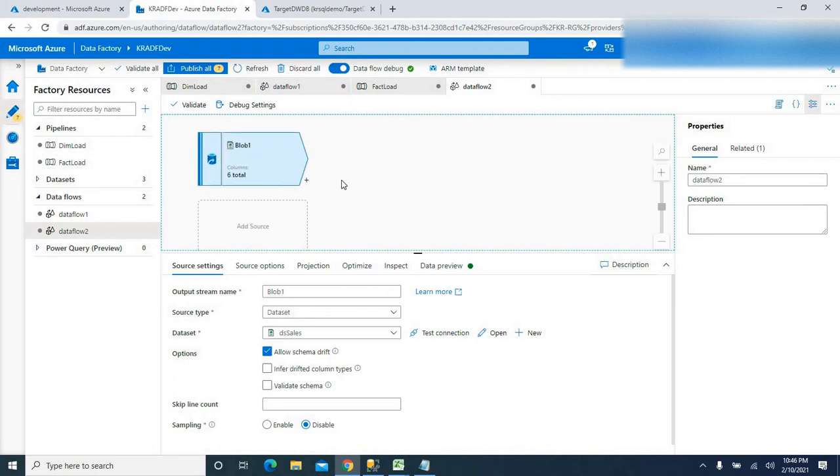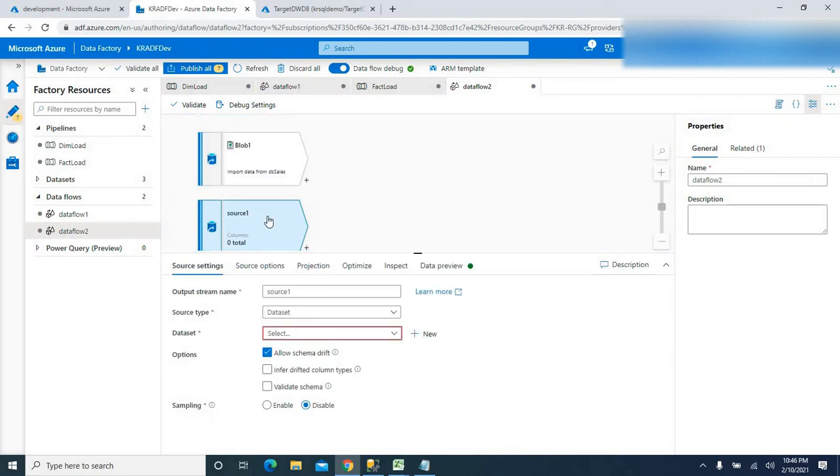We are done with the source settings. Now I'm gonna add the dimension table also, as the second source. I'll tell you why I'm adding the dimension table here. As I said, I need to look up into this dimension table and have the SCD key populated into the fact. That's the requirement, right?